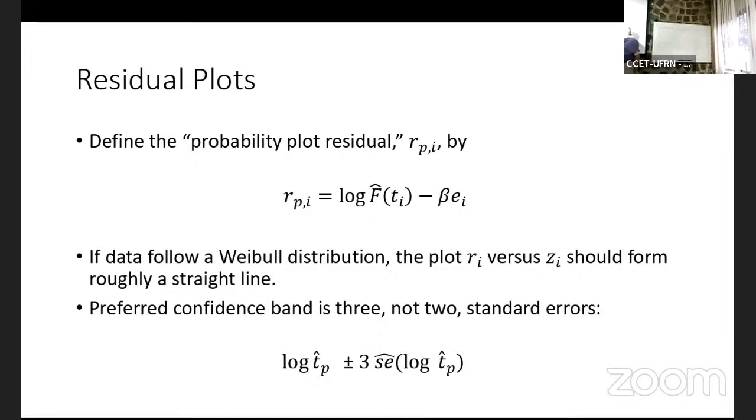This is what's unique. I'm now defining this distance. So I'm calling these the probability plot residuals. And they're straightforward to calculate. I have the empirical probability. I've got the scale residual for that specific time. So these are going to be plotting kinds of residuals for me. And then ultimately that plot should form out roughly a straight line. And basically we're using 3 standard error limits. Okay?